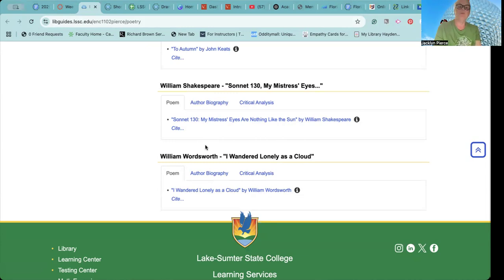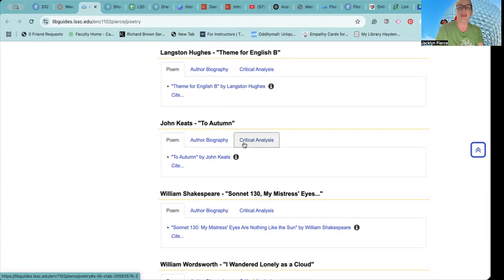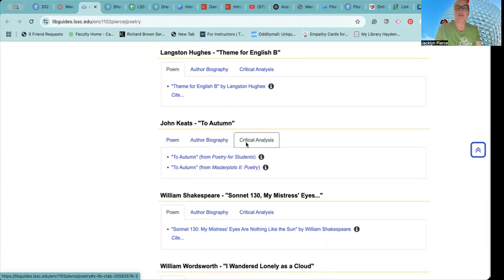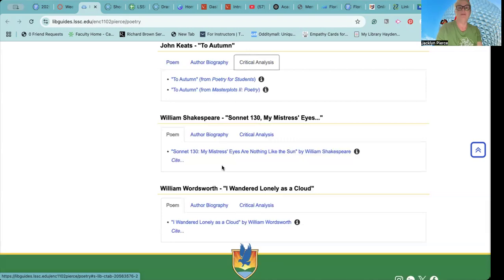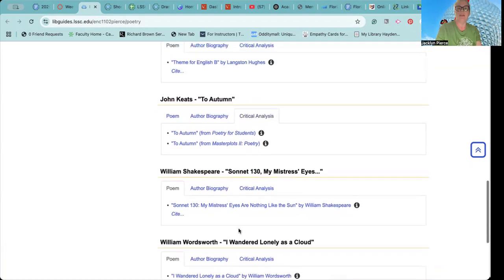So, like I said, read all the poems, choose 2 to focus on more specifically. And then when you choose those, you're going to go to the author biography and the critical analysis and read those as well. And this works just like the ones from the fiction unit. You have links to them. These are from the databases. And so if you are citing those sources, those citations are given to you in the citation. The poems themselves, you can click on the little cite button, and our librarians have done those citations for you